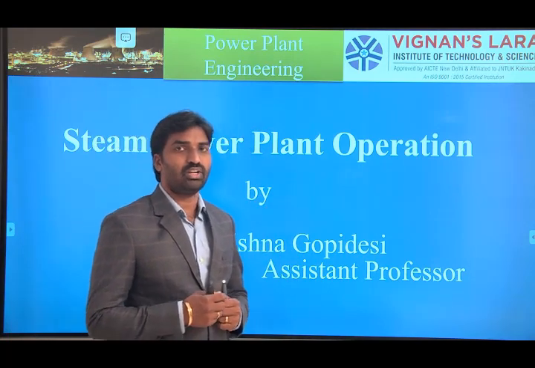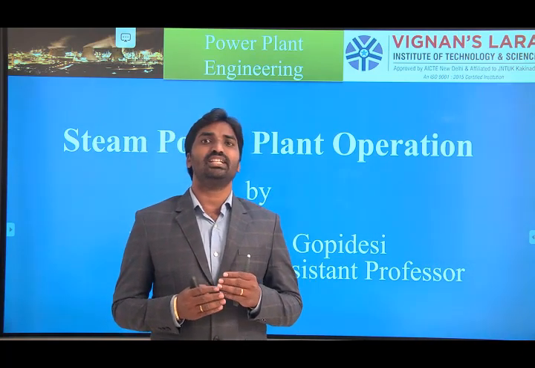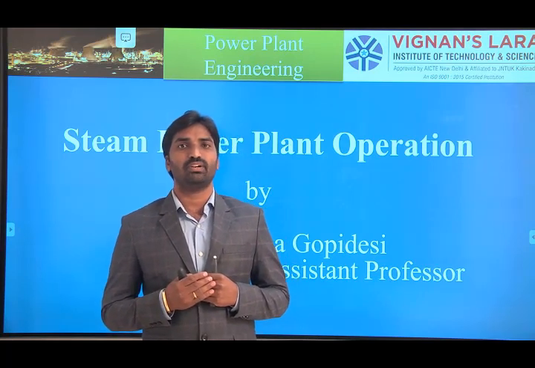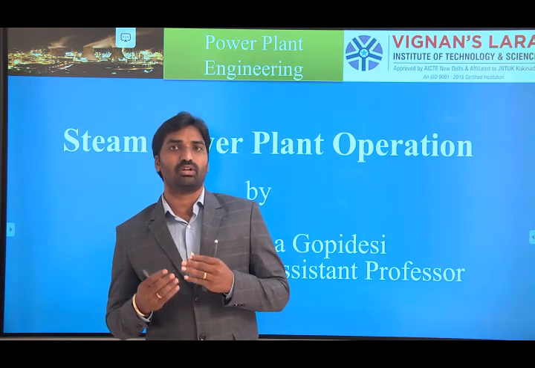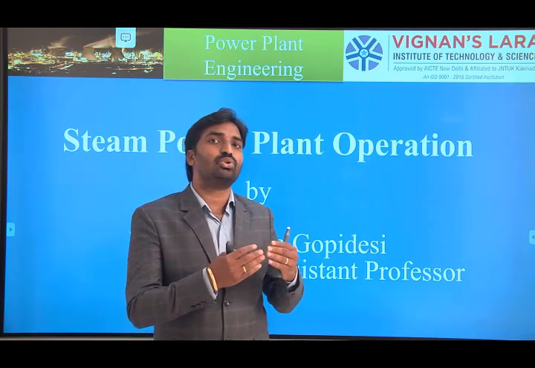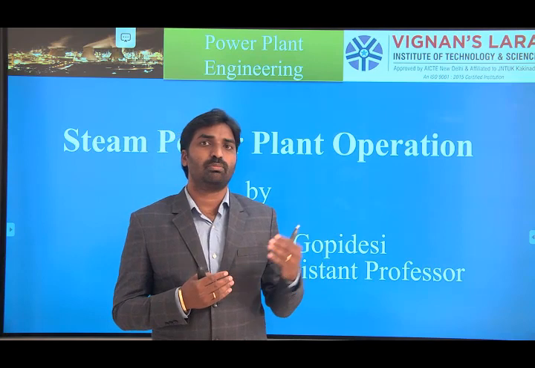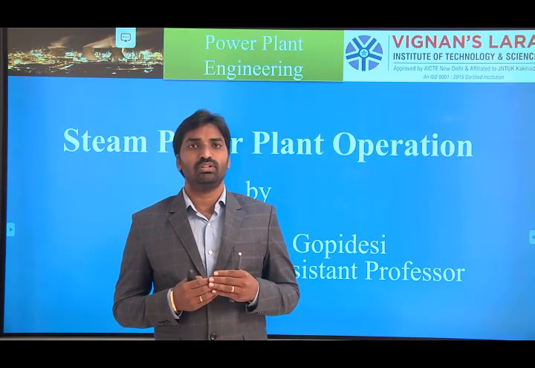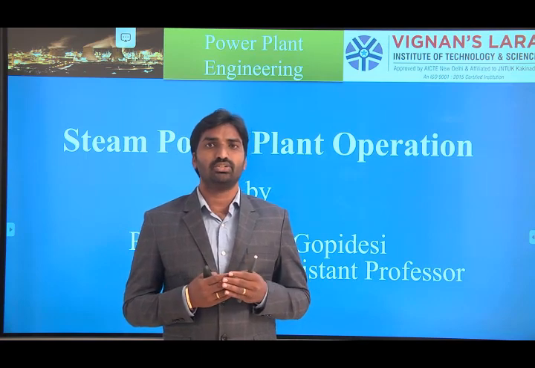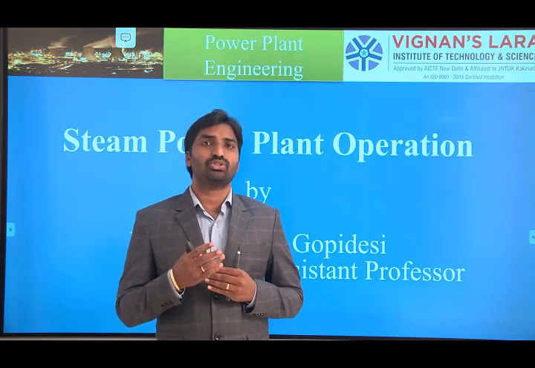In session 5, we discussed the coal burning process. For getting higher combustion efficiency, we follow the underfeed stoker mechanism and overfeed stoker mechanism. So we are using different stoker mechanisms. The first one is the overfeed stoker mechanism and the second one is the underfeed stoker mechanism. In an overfeed stoker mechanism, two types are available: the chain grate stoker and the traveling grate stoker, and the spreader stoker.